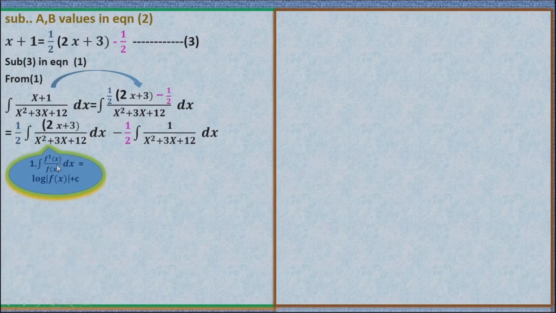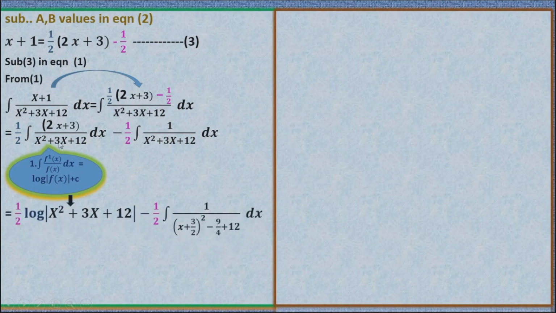Log mod f of x. So by applying this, it becomes 1 by 2 into log mod f of x. f of x means the denominator here. What is that? x square plus 3x plus 12. So it becomes 1 by 2 into log mod x square plus 3x plus 12 minus 1 by 2 into,